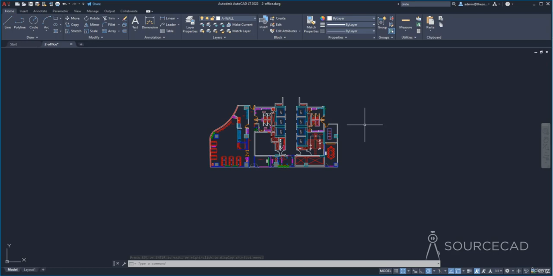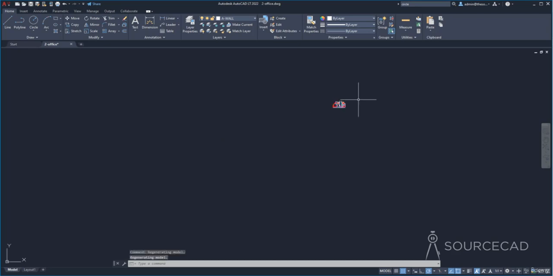Now there is a zoom feature which is really very useful, and that zoom feature is called zoom extents. Now zoom extents is useful when you have completely out of scale drawing. For example, if I zoom out this drawing to a tiny dot, if I zoom it so far enough that it almost looks like a tiny dot, and even in this case you cannot even see that drawing. So in this kind of situation, if you open your drawing and you end up with a blank file like this, but you are sure that there is something in this file, then you can use this zoom extents tool